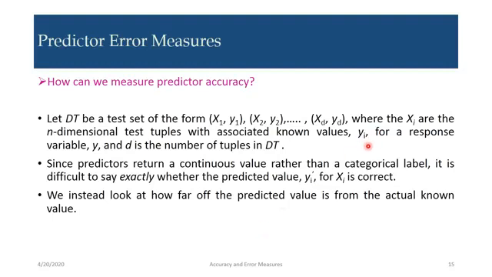So this yi is a response value for the tuple xi. So x1 is the actual value given, y1 is the actual response value. Then y1 dash is the predicted value, and we are getting the difference between yi dash and yi to generate the error. So we instead look at how far a predicted value is from the actual known value. This is how we calculate the error.